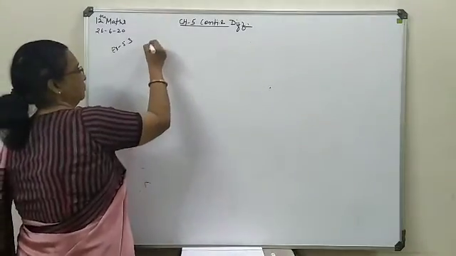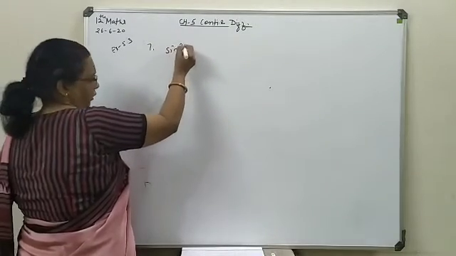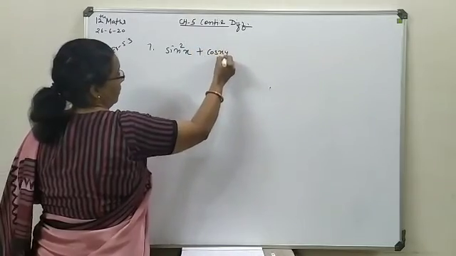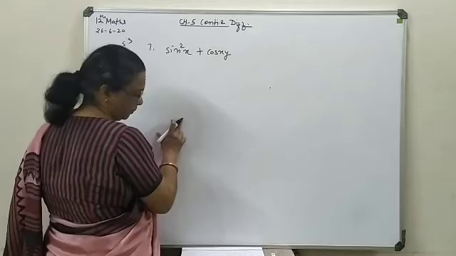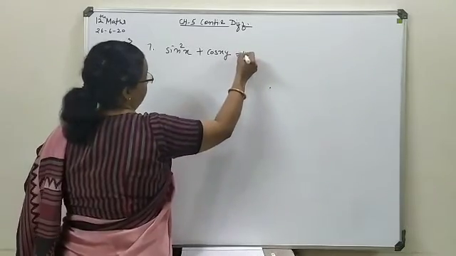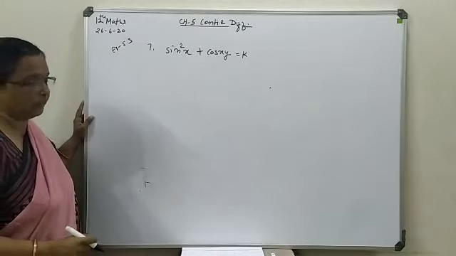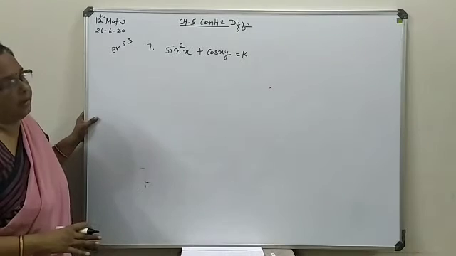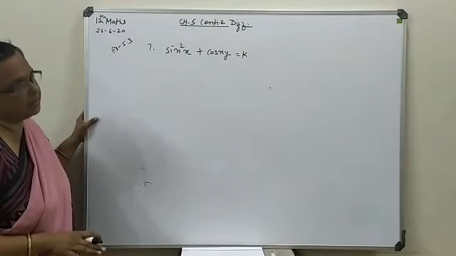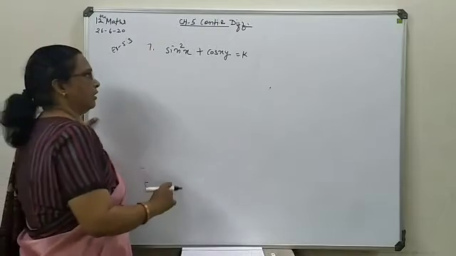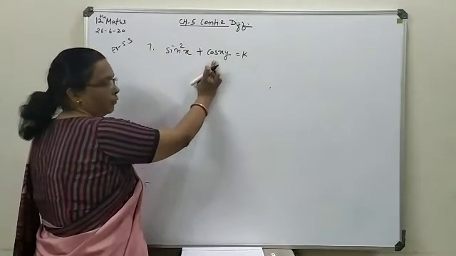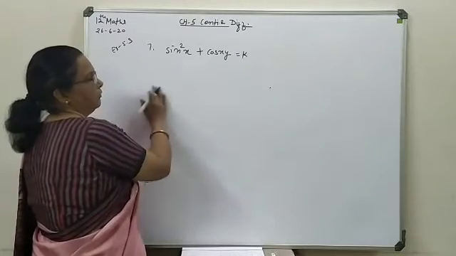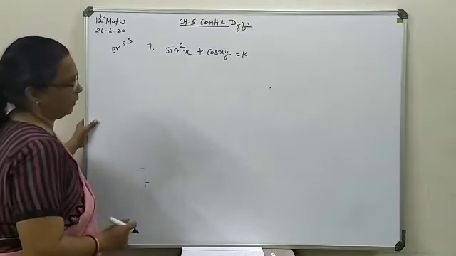In question 7, your expression is sin square x plus cos xy, and that is equal to a constant quantity k. Now sin square x is like x to the power n, so first it is to be treated with the chain rule. Here also it is a combination of two functions, first of all cos and then xy. So carefully we have to write the derivation over here.